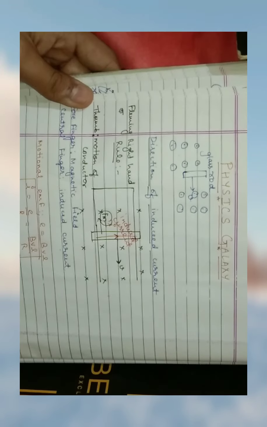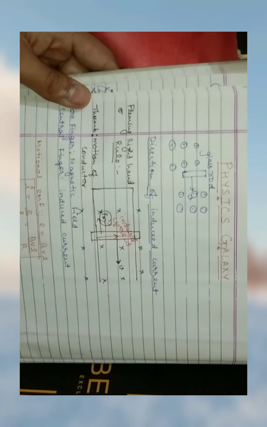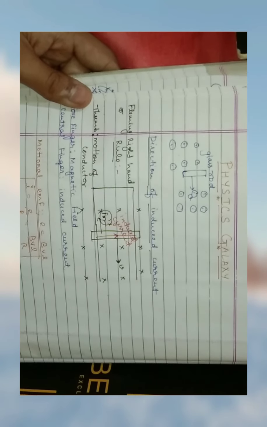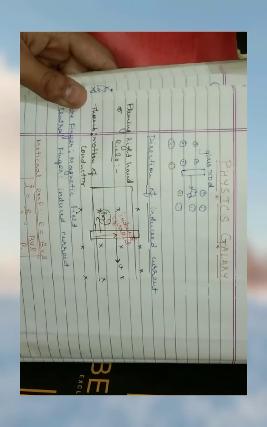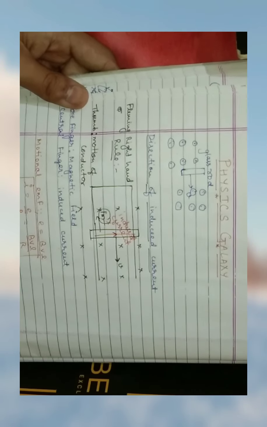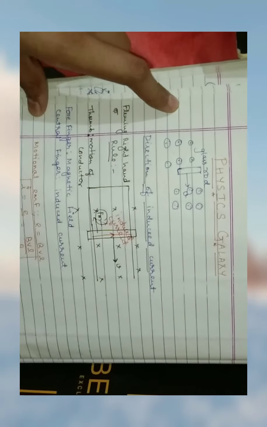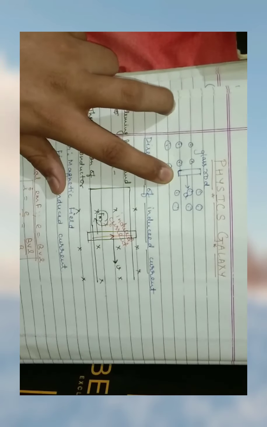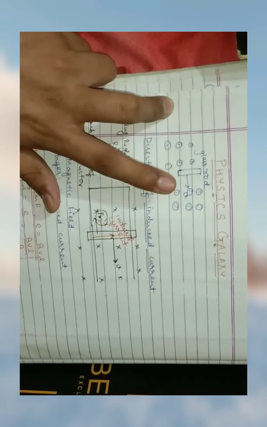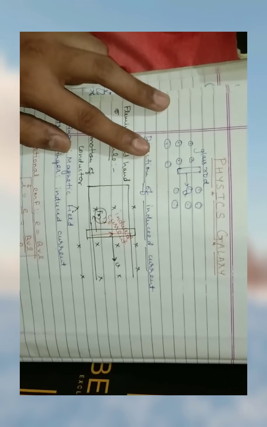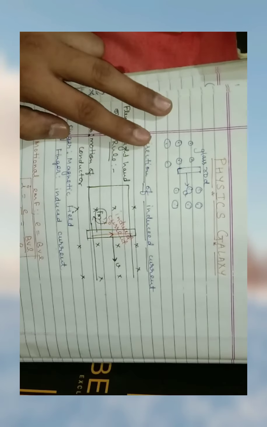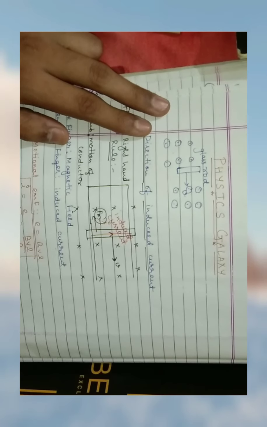In this video, I'm going to tell you about the direction of induced current through Fleming's right hand rule. First of all, to understand this in a proper way, I shall give you an example: a glass rod. It is moving in a magnetic field, and it is insulating. You all know that a glass rod is insulating. So, is induced current or EMF induced in the rod or not? What would be your answer?